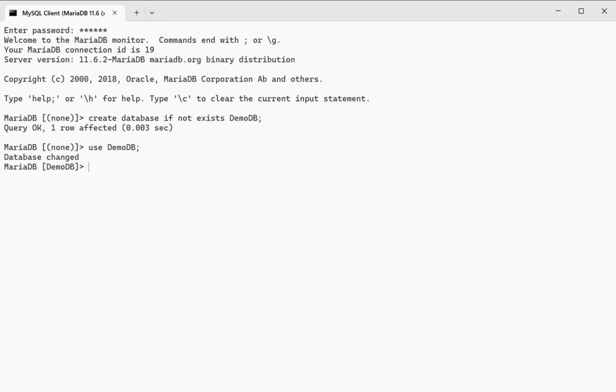You should receive a confirmation that the database was created or already exists and that your session is now using the DemoDB. So we have here Query OK, and now we have used our database. Next, we drop the customers table if it exists to avoid conflicts, and then we create a new customer table. So drop